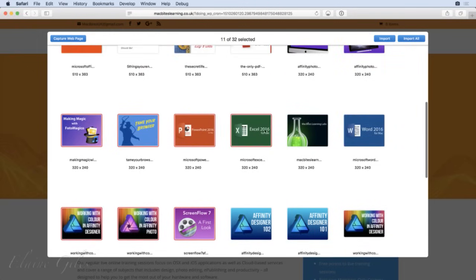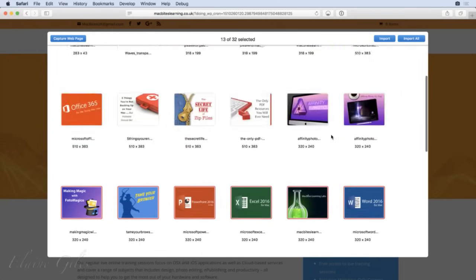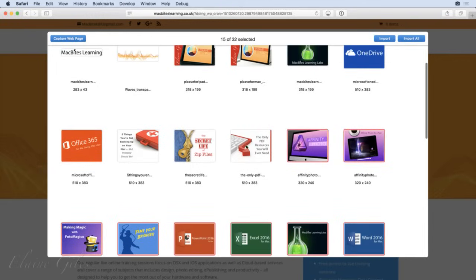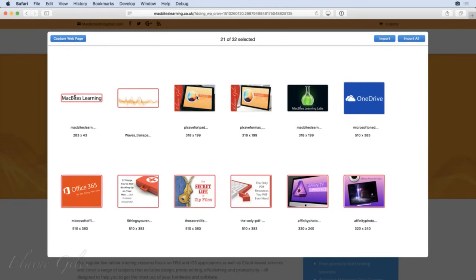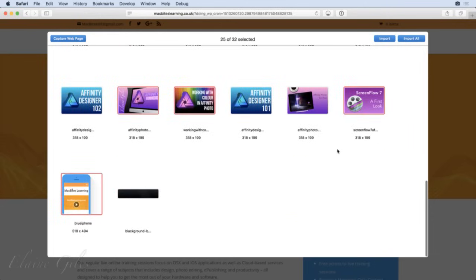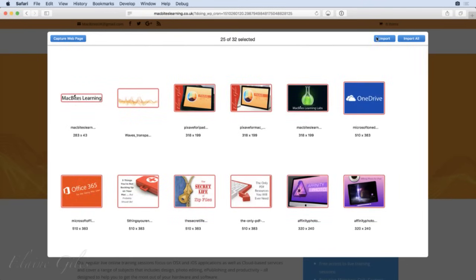And all of these, it will take all of those. I'm holding down the Command key as I make a selection. And you'll see I get a red border around each of these. Might as well have these as well, just for good measure. All right, let's take all of those. Now, if I wanted to import all of them, I've got an import all button, but I didn't. I didn't want some of these at the bottom. I didn't want that black background for a start. But having selected the ones you want, 25 of 32, which it tells you in the middle,